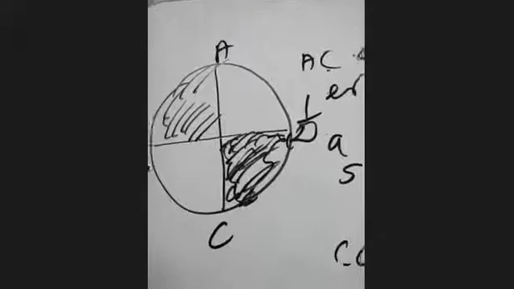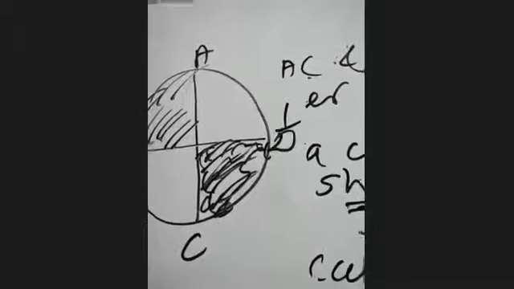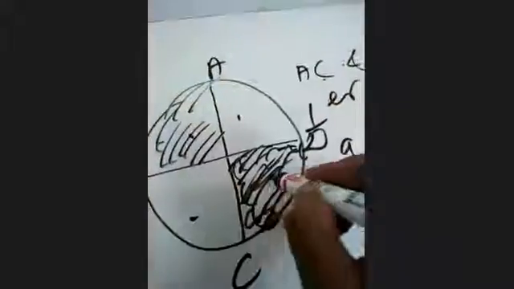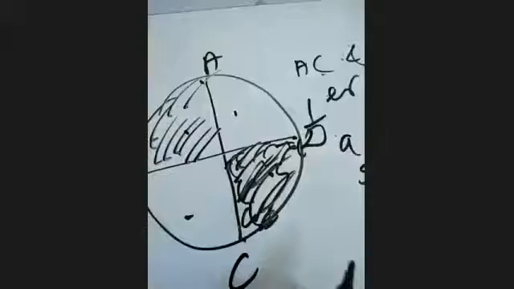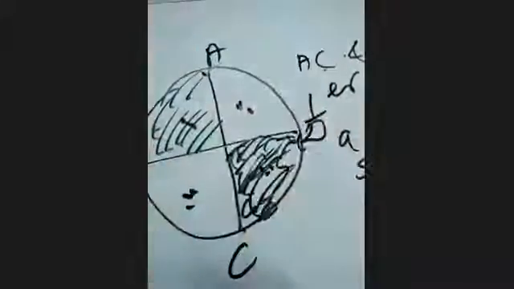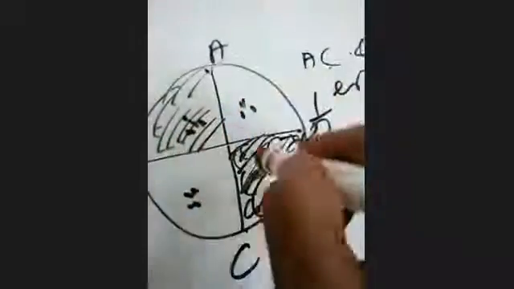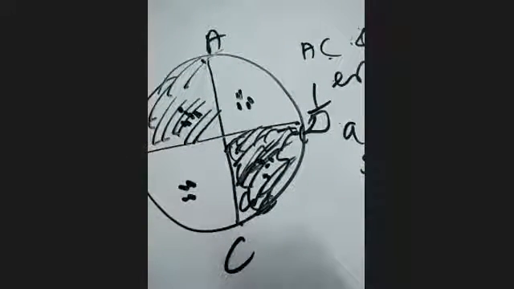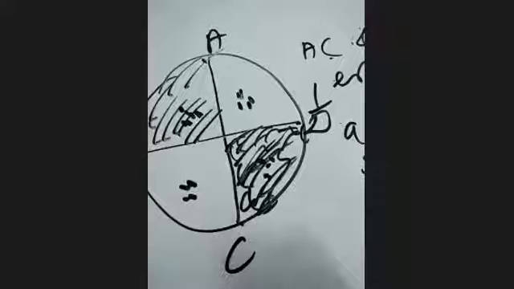If we combine the shaded region completely, it becomes a semicircle, and the remaining area also becomes a semicircle. Because of the perpendicular diameters, the circle is converted into 4 quarter circles: 1, 2, 3, 4. Two are shaded regions and two are unshaded regions. The area of the shaded region is the area of a semicircle.